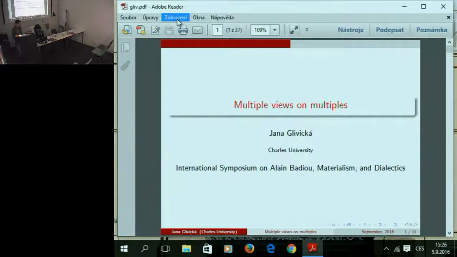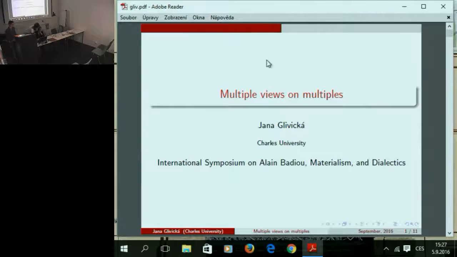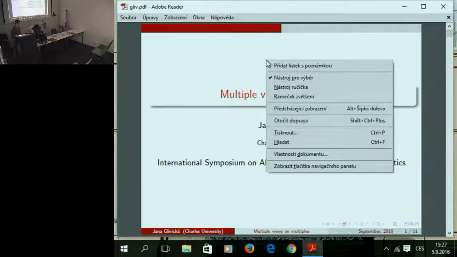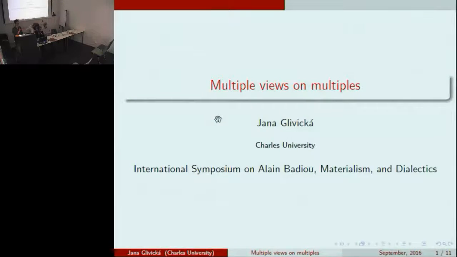Okay, so I will be obviously speaking about set theory, and the thing that is interesting for me in Badiou's work is this connection of set theory and philosophy. And I think it might be very confusing even for philosophers as well as for mathematicians. You can ask, where does the set theory end and where does Badiou's philosophy begin? And this is